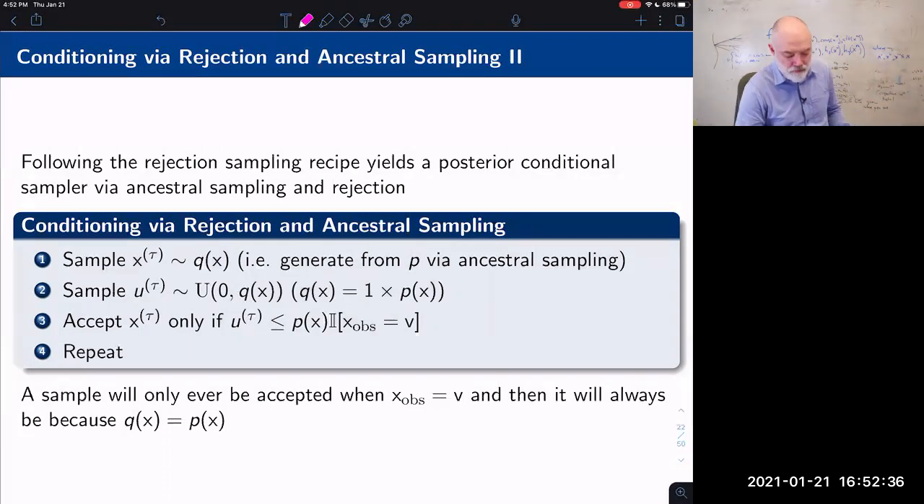So a sample will only ever be accepted when x obs is equal to V, and then it will always be because Q of x equals P of x. Okay, so now we've constructed a situation in which we can find the K for rejection sampling, right? And actually, we had a paper come out of the group